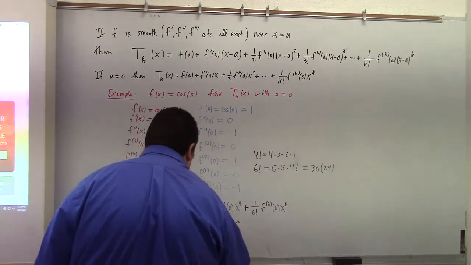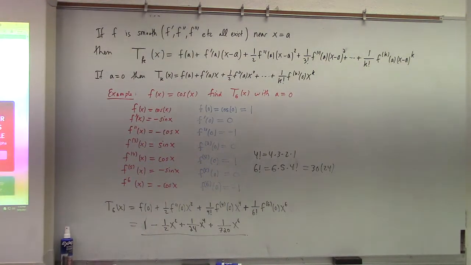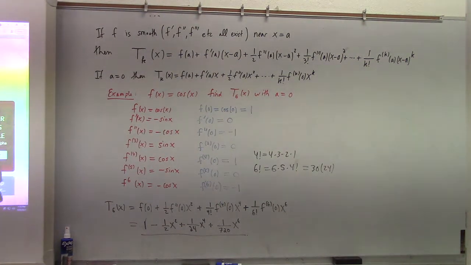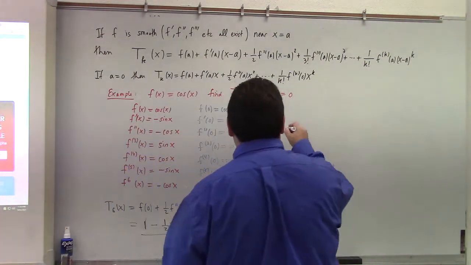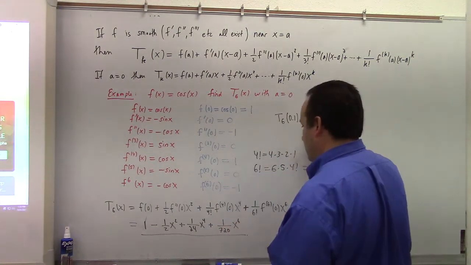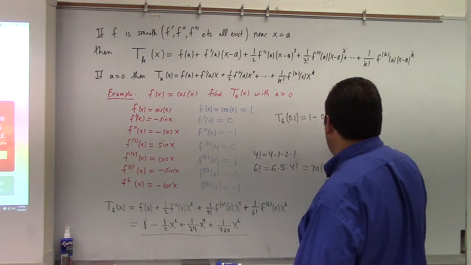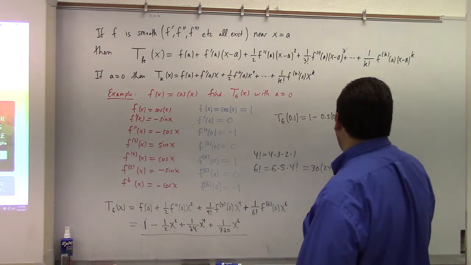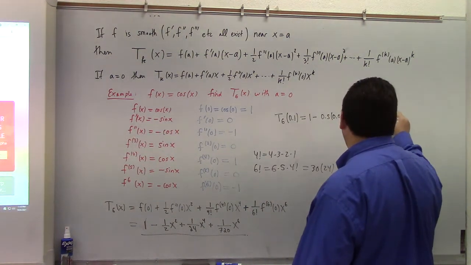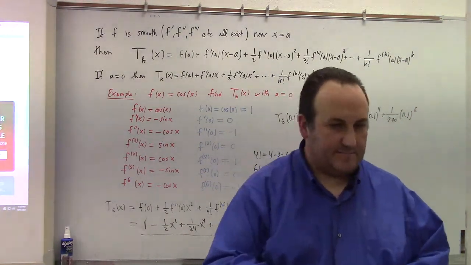This is a sixth order approximation for cosine, which will do very, very well at approximating cosine close to 0. You can try it out. For example, let's see, what's T6 of 0.1? What's that going to be equal to? 1 minus 0.5 times what? 0.01, right? Plus 1 over 24 times 0.1 to the fourth, plus 1 over 720 times 0.1 to the sixth power, right? We could calculate that